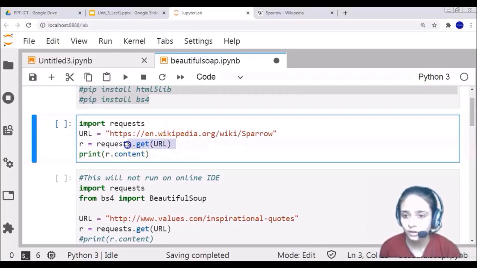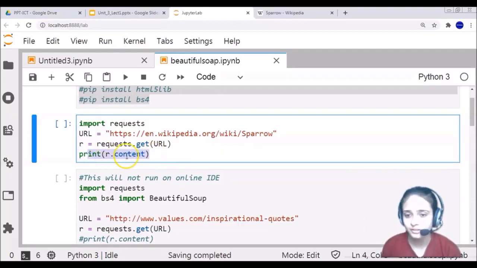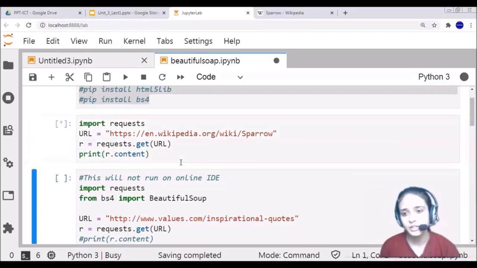Whatever your content is will be stored in your object called r, and what you are doing is printing r.content, that is you want the content which is present in this particular object called r. And I am running this particular cell.